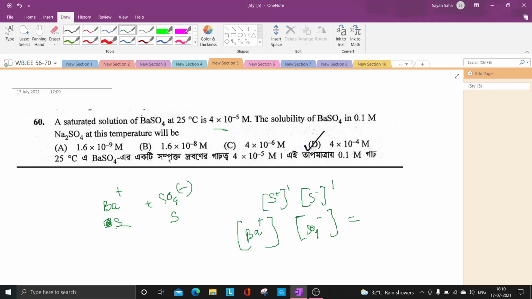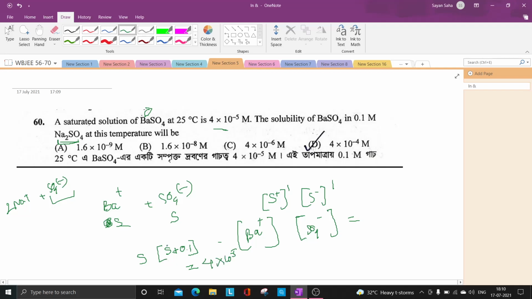But you see here is a common ion. The common ion is Na2SO4. Now this is a salt that dissociates completely. This is a sparingly soluble salt, and this is a salt that ionizes completely in water. So this will give you 2Na plus plus SO4 minus. So when we write the concentration, the total SO4 minus concentration will be S plus the concentration that you are getting from Na2SO4, which is 0.1 molar because it will ionize completely, so S plus 0.1. Now this will give you 4 into 10 to the power minus 5.